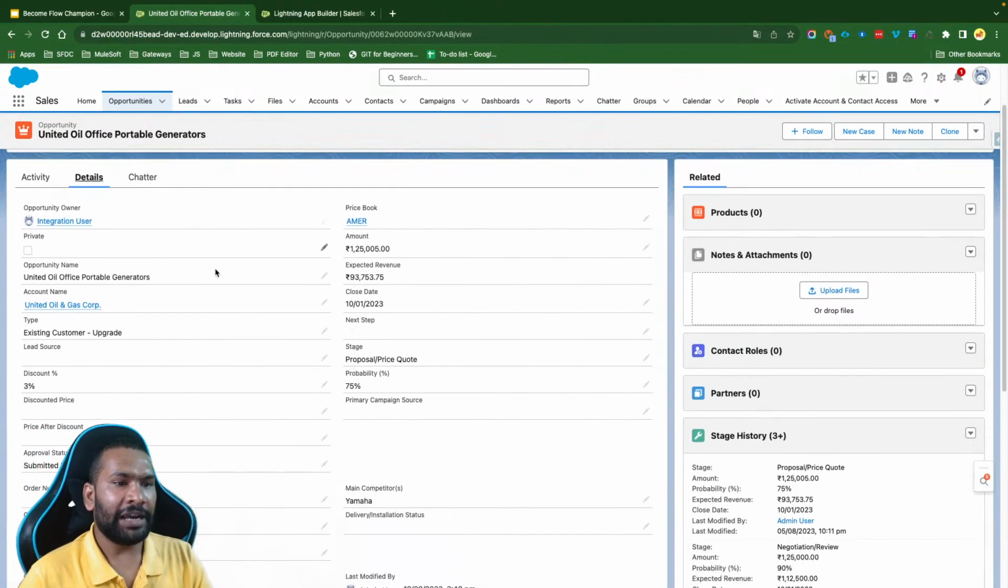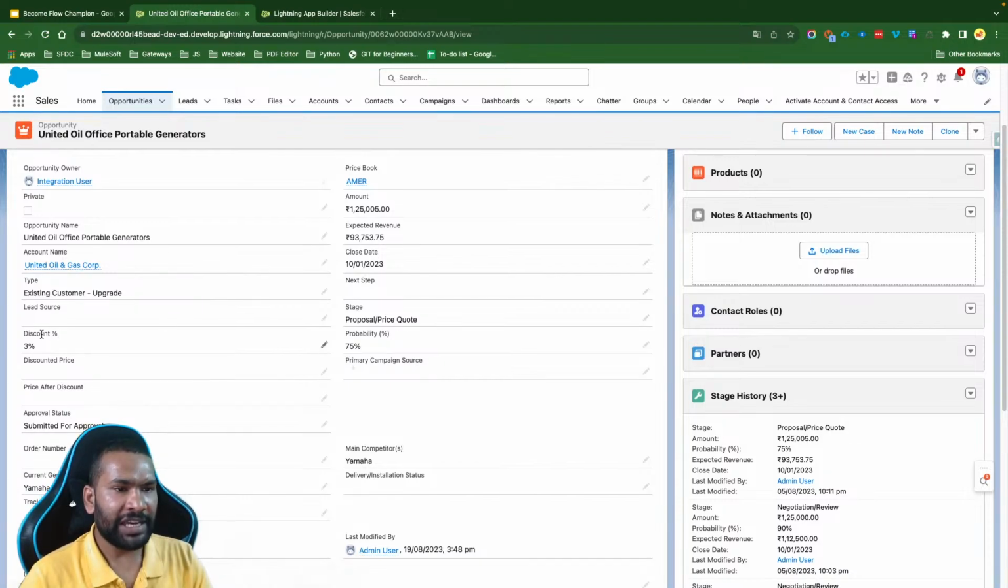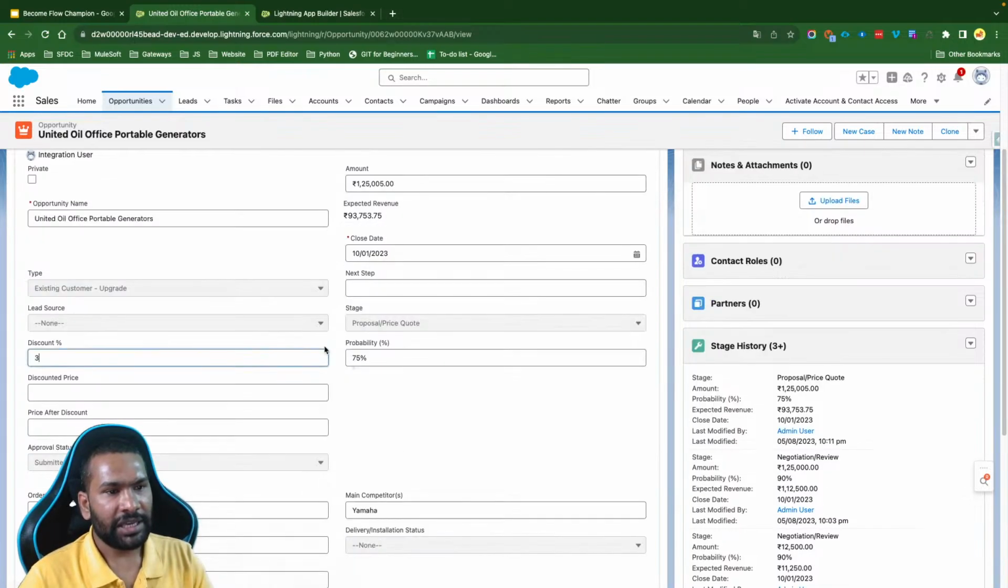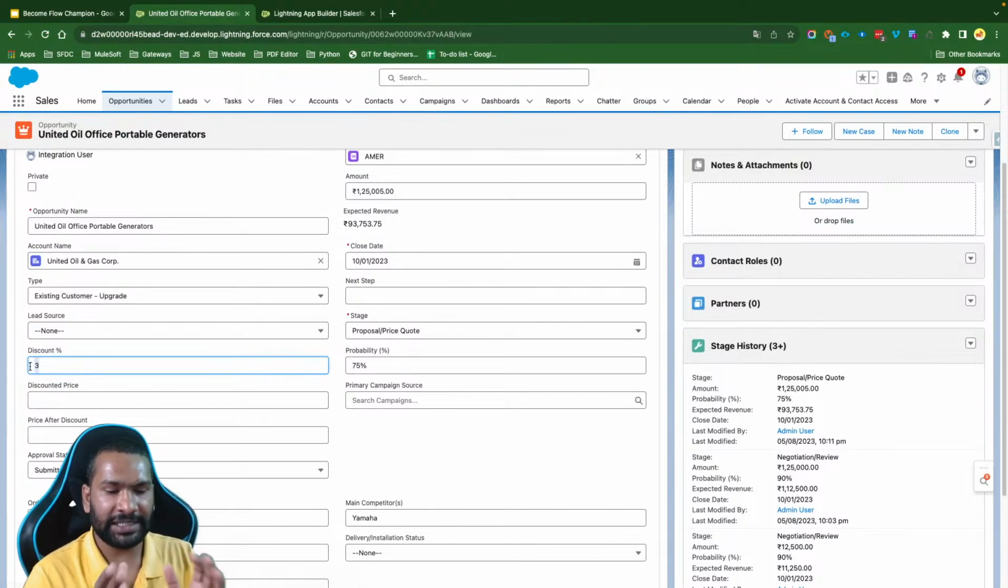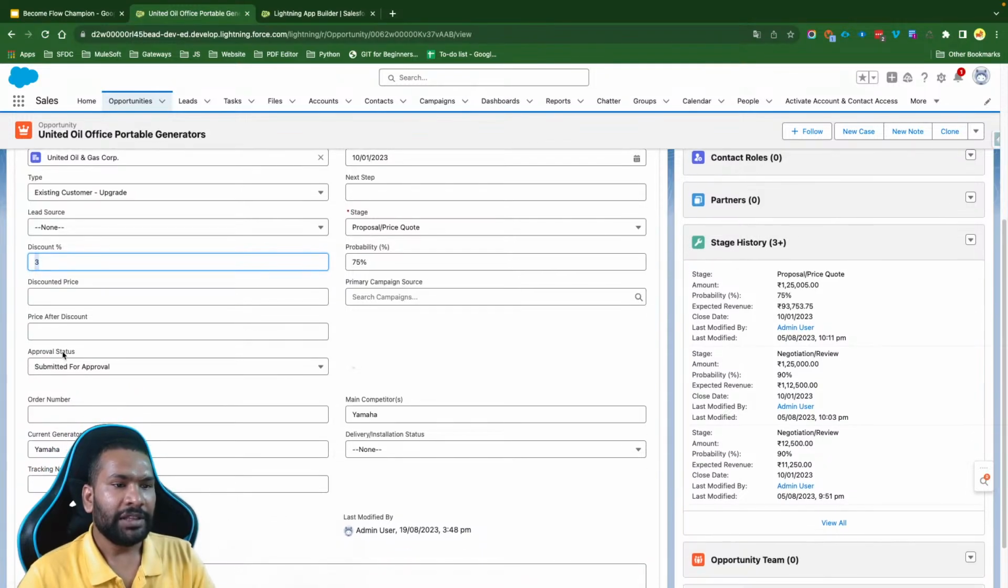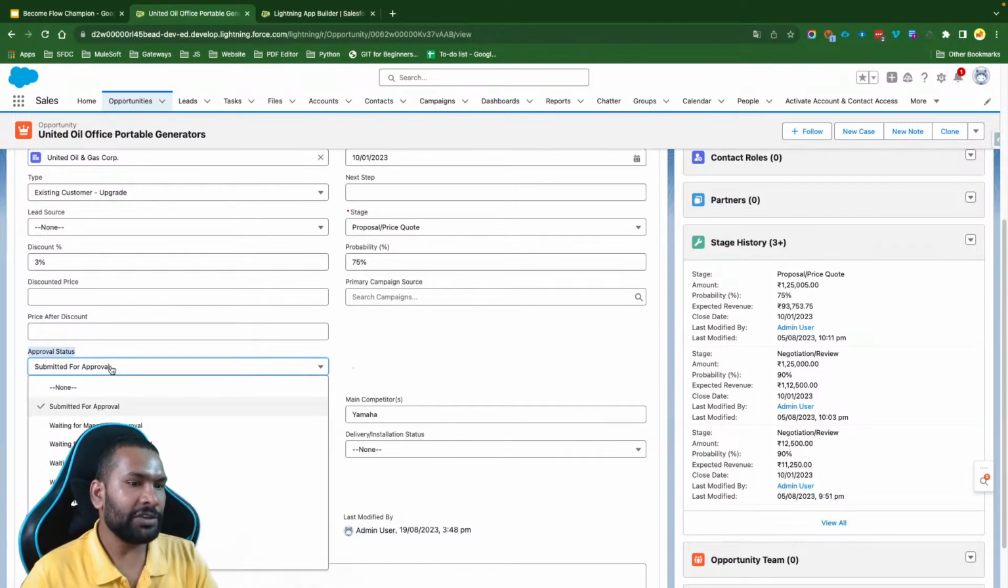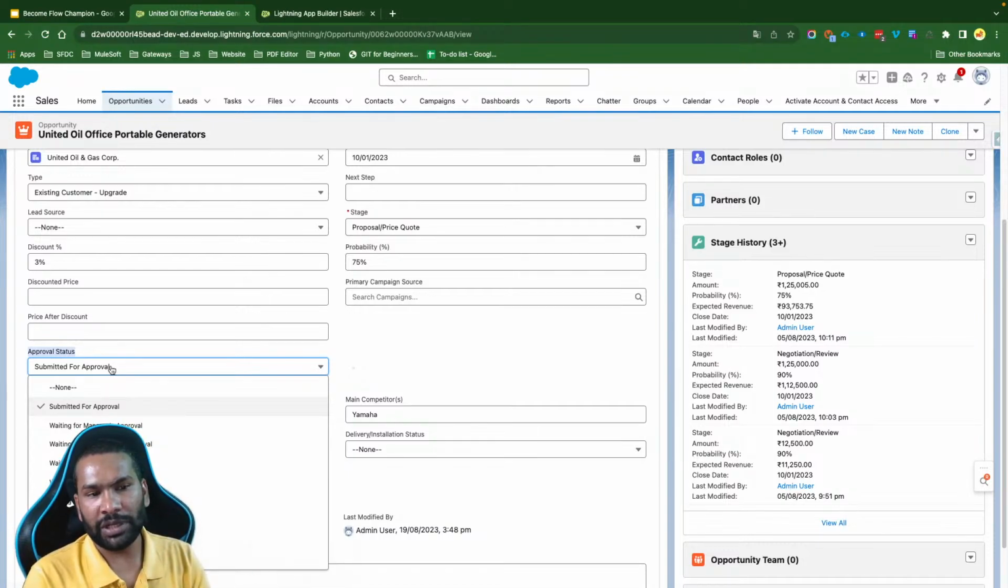So what we have done here is we have a field called discount percentage, and this is a percent field. The data type of this field is percent. Okay, then we have got a field called approval status, and the data type of this field is picklist with different values here, like submitted for approval, waiting for manager's approval, waiting for senior manager's approval, VP, SVP, CEO, and then at the end approved, rejected, or recalled. Okay,